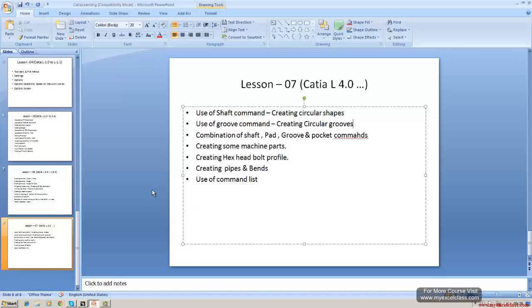In the present class, we learn about the use of two important commands, shaft and groove. They are analogous to pad and pocket. Similarly, these two commands, shaft and groove, are very, very important in CATIA solid modeling. So the lesson we are going to deal with here is the use of the shaft command, creating shafts,